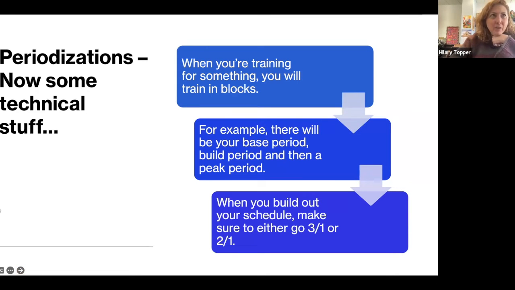When I just started, I guess if I didn't even go to this triathlon training camp, I probably wouldn't have even thought about doing my training in blocks like this. But if you're coached, or if you go to a triathlon training camp, or you go to a running training camp or swimming, they all talk about this.